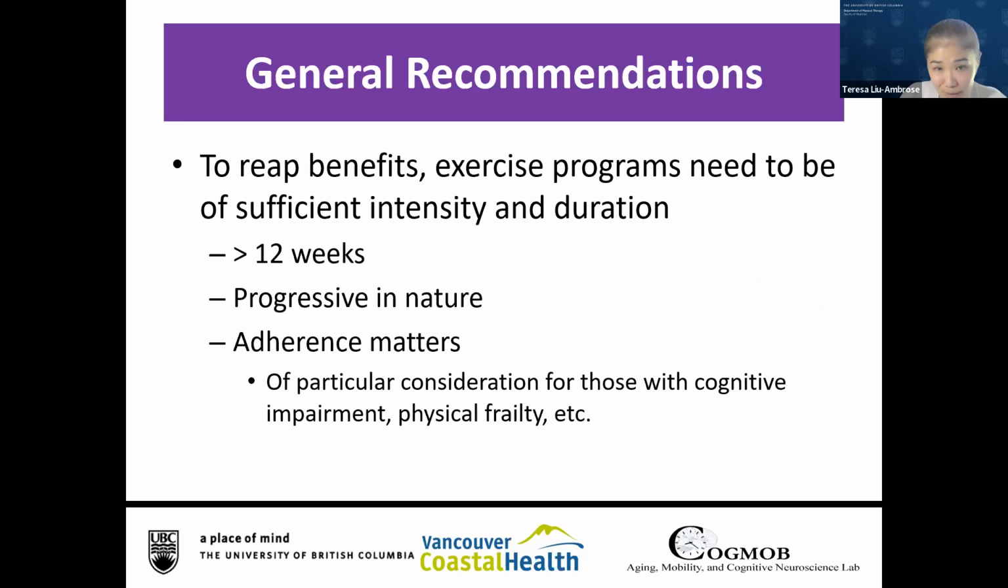But to reap the benefits of exercise, programs need to be of sufficient intensity and duration. And I promised Don Skilton to put this in, which is that programs really should be more than 12 weeks. There are so many studies out there that are of 12 weeks that show benefits for what I would call surrogate measures of